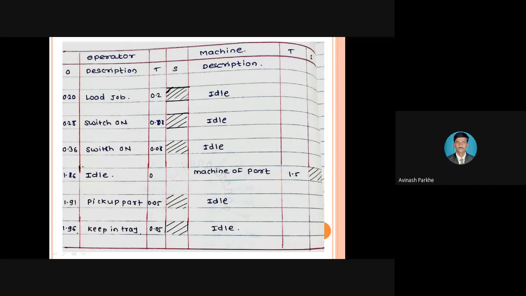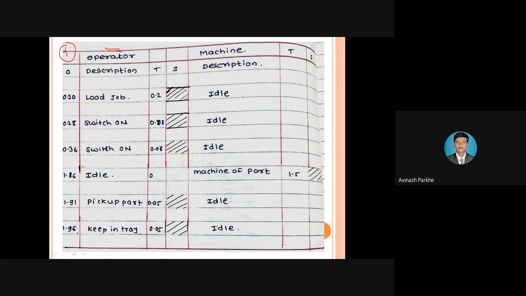Multiple activity chart. So this particular chart is called a multiple activity chart. What this chart represents, you can go through this chart, in which this is the first column, which represents the time required for that operator. Then in the second column, the movements of the operators are represented. You can see in the second column, one word is written: operator. Operator means whatever activities are performed by the operator, those activities are represented in this column. Then the time required to do that particular task is represented by the third column.